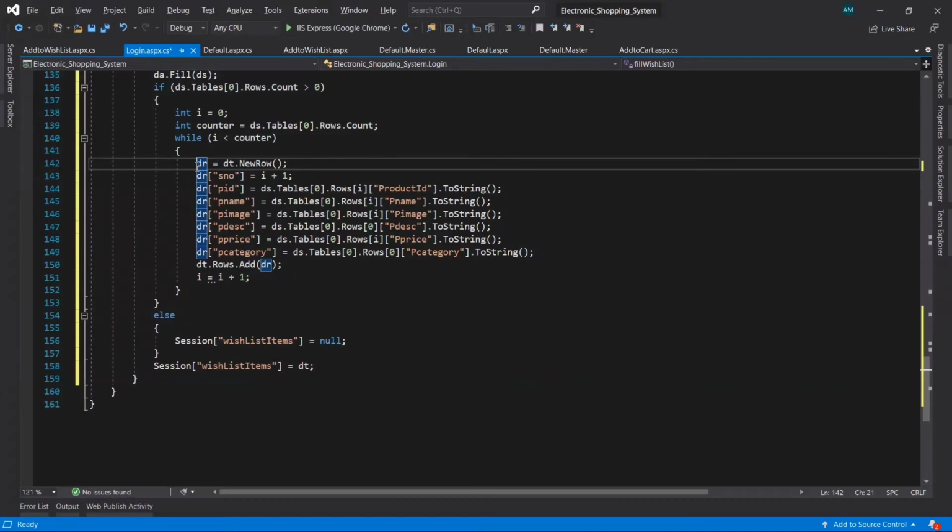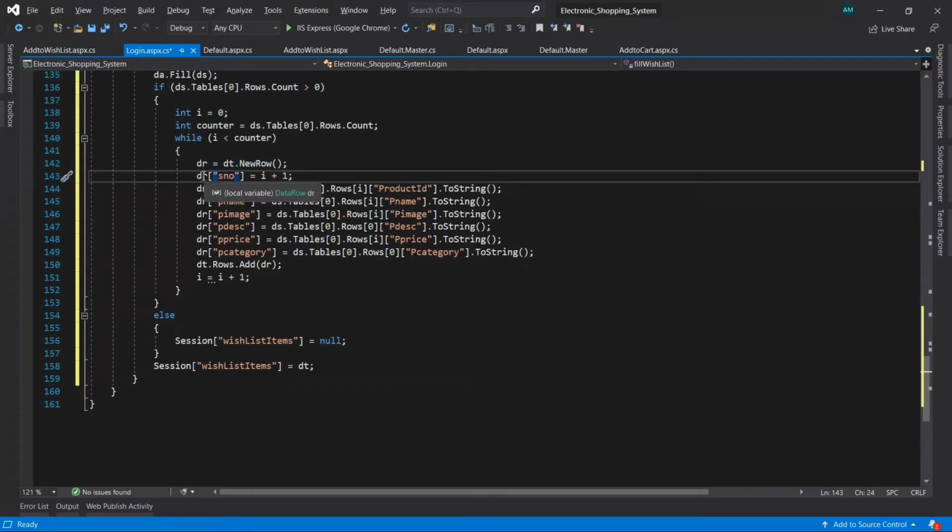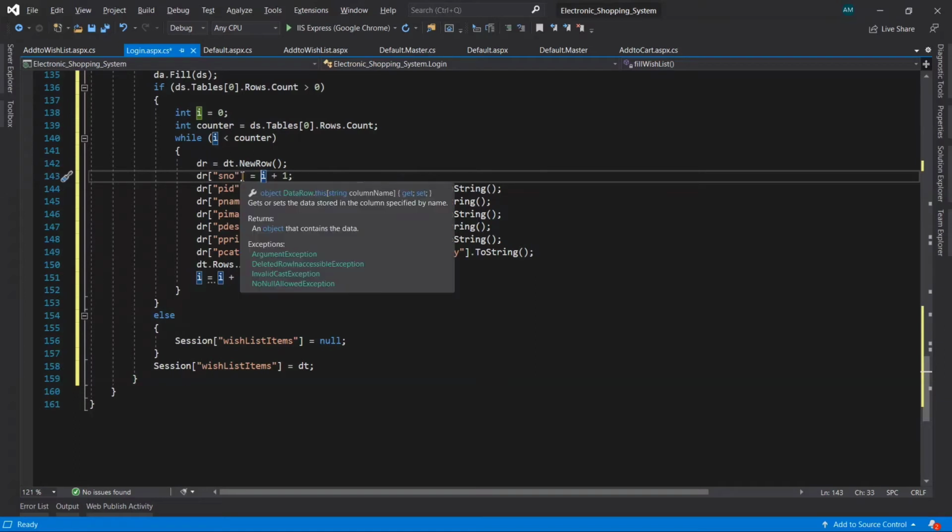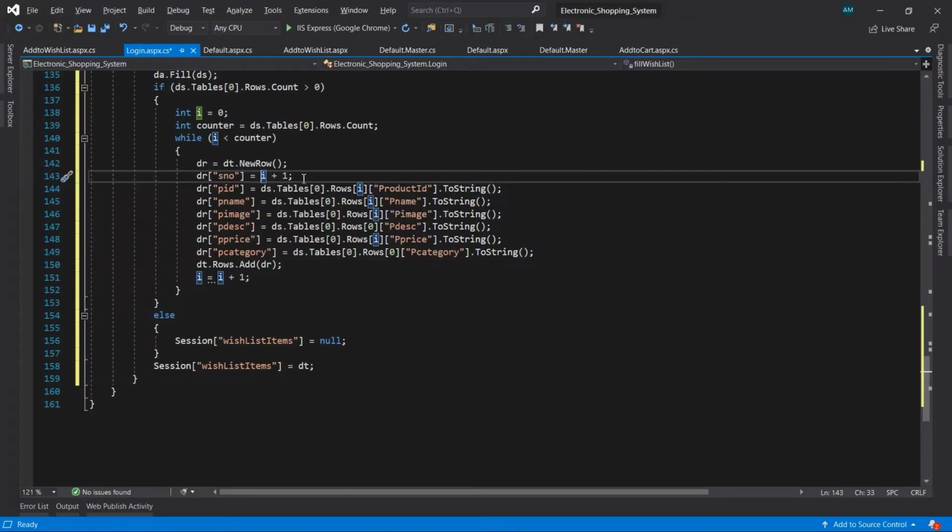So in the while loop I have taken the data row, so it will create a new row in the data row. For the data row of column serial number, it is going to store the value i plus 1, the value i being 0 starting, so 0 plus 1 is 1. So it will store 1 at the start, and it will change accordingly as it loops in the while loop.